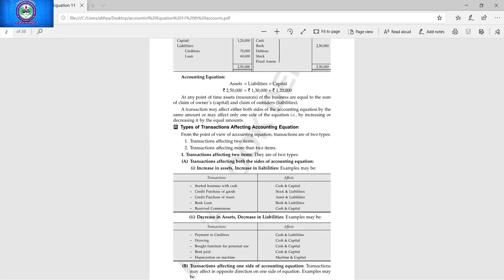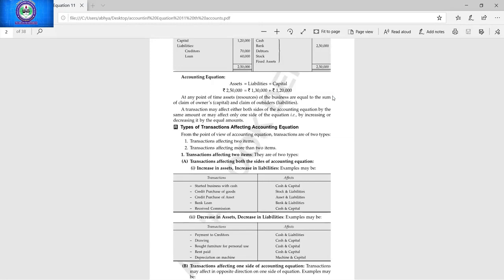Next, I'm going to ask Namish Jalan. Namish, the same question is for you: you have sold goods on credit. So which two accounts will be there? First, tell me the name of the accounts if you have sold goods on credit. Stock and asset. Stock is there, but which asset? Asset is not an account. You have to specify the name of the account.